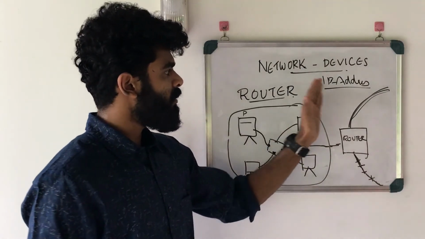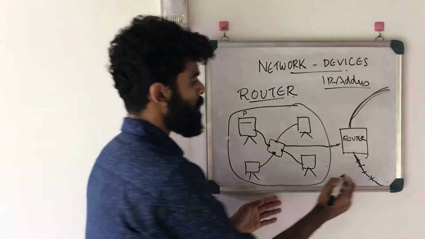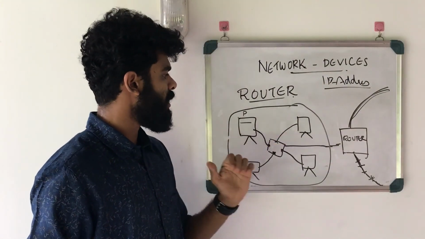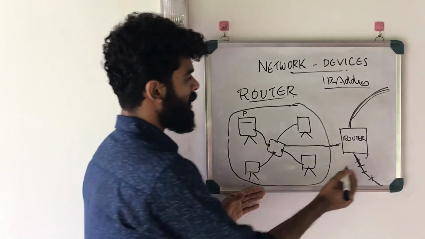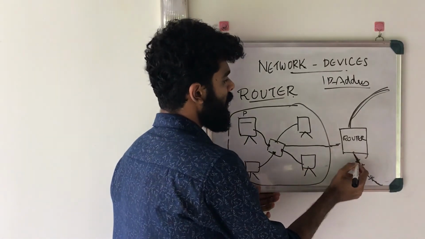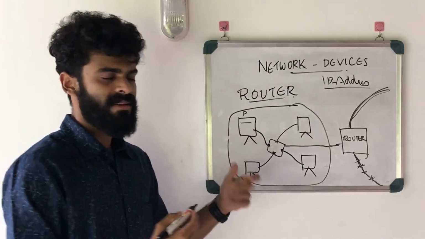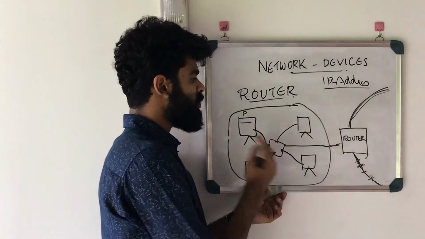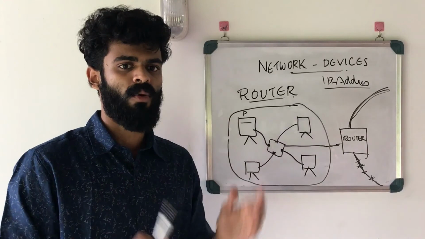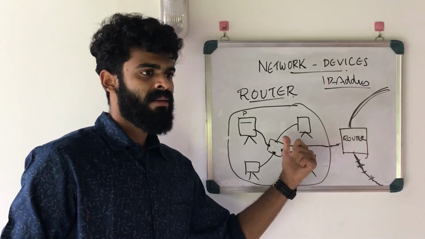Moving on, the router knows the IP address of our system P. If a packet to be collected by the router has the same IP address, that is, the intended recipient of the packet has the IP address of P, then the router accepts that packet and forwards it through the switch to the system P. Or else, if the IP address is not the one meant for P, then those packets get ignored. So this is a continuous process that happens in the router. So once again, a router routes packets through the LAN from the WAN.